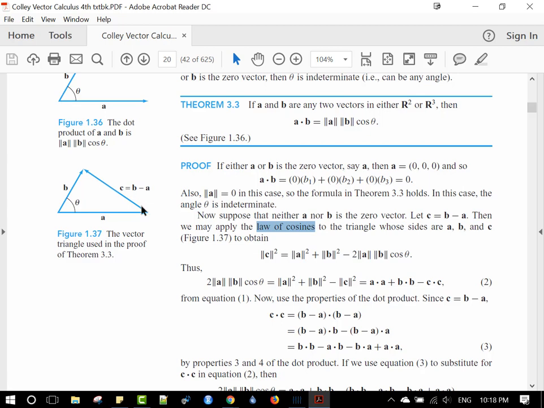And I have to check. If I want to check that, I have to say, well, what if I add A to this thing? So if I add A to this thing, obviously I get B. So this thing is here. If I add A to it, I do get B. Okay, so for me, I just confirmed that the direction is from here to here. So you can confirm it yourself. Okay, so anyway,